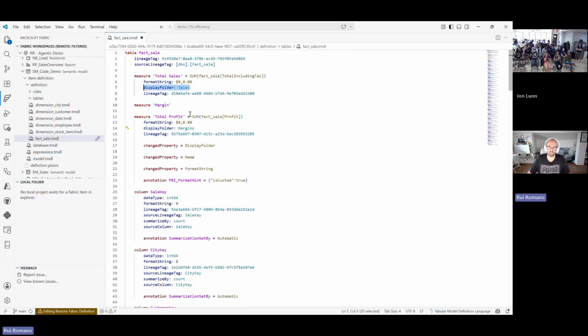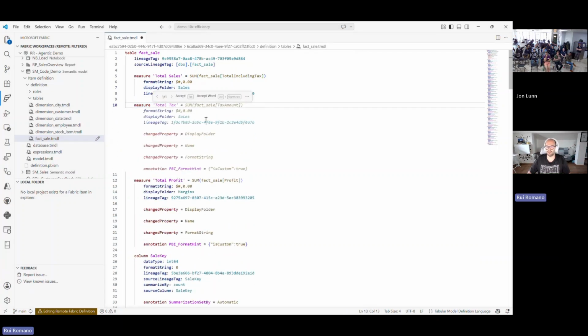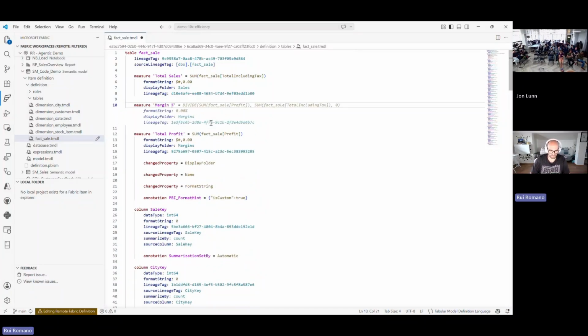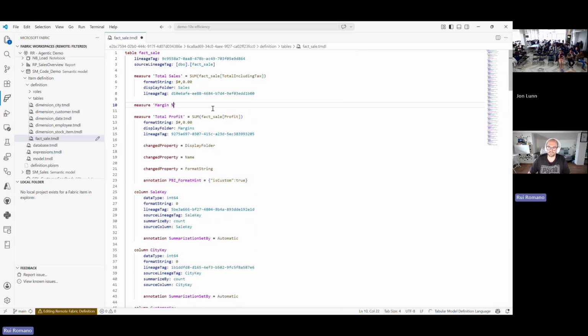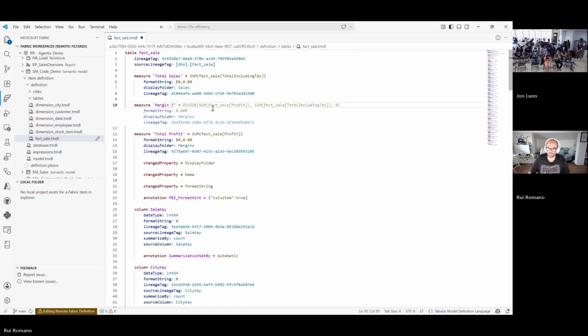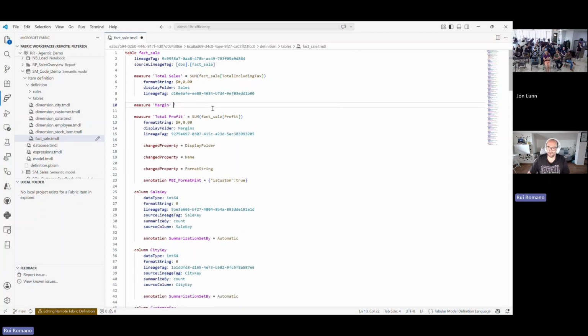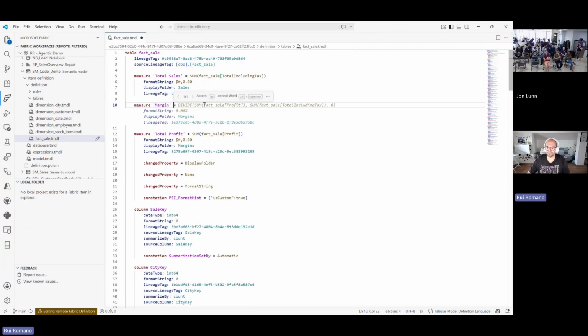And honestly, I've been using this for the last, I don't know, years. And it's actually quite useful. Sometimes the autocomplete is not exactly what I want, but it does save me some time. So for example, I'm going to put margin percentage, and notice that it even generated the DAX of that percentage. But actually it's the correct one. But let's say I don't want a percentage, I just want the margin, and see that now it generates the margin, but